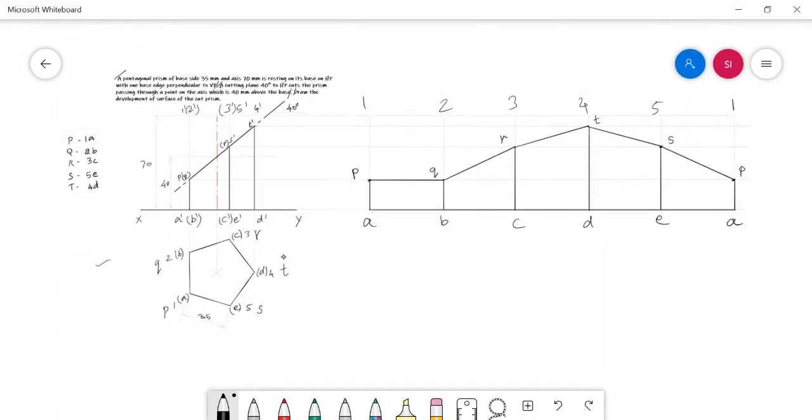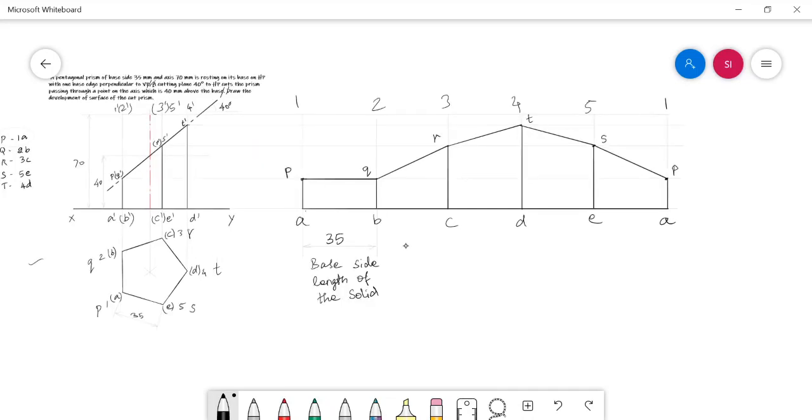Thank you. And you can try this answer with proper tools in your paper. And don't forget, this length is nothing but the length equal to the base side length of the solid. And this height is nothing but the axis height of the solid. You need not be bothered about stretching the top stretch out line and the bottom stretch out line. Here automatically the 1A distance will be equal to the lateral edge length of the solid, and this is nothing but the length equal to the base edge length of the solid.